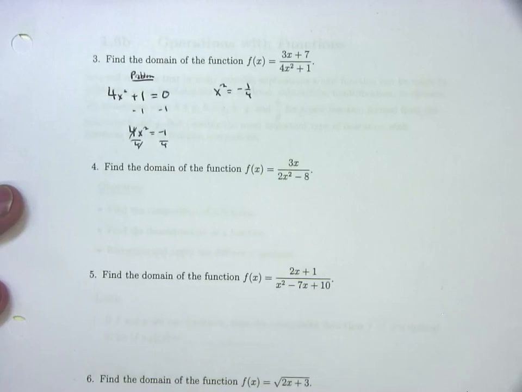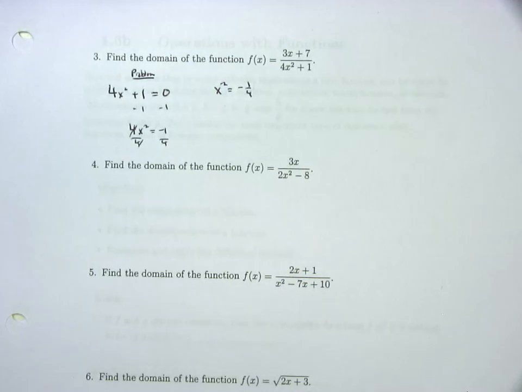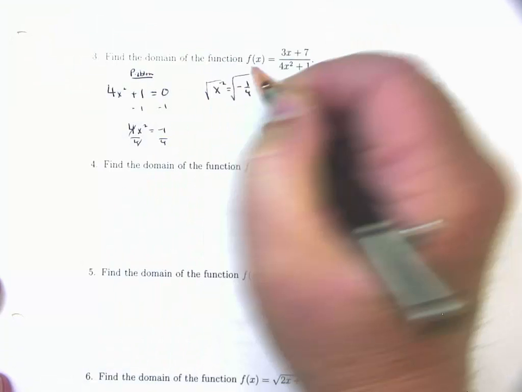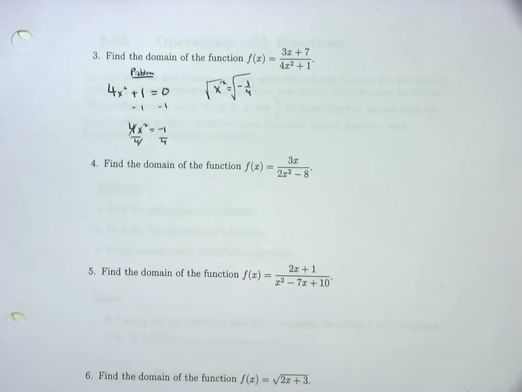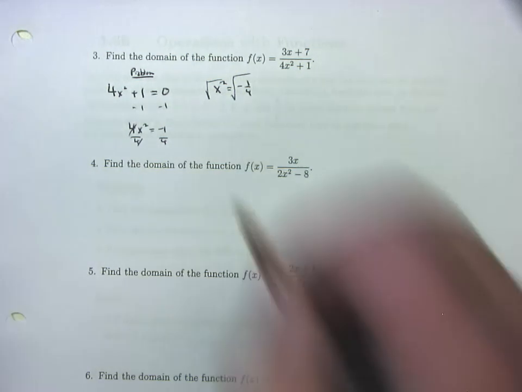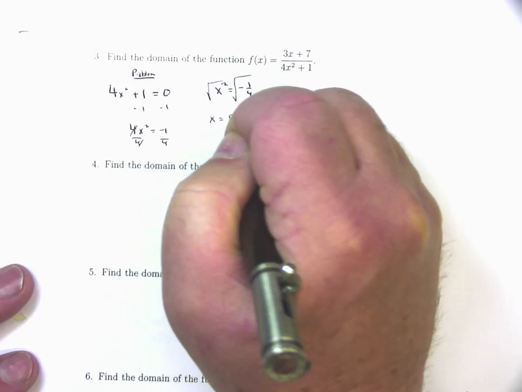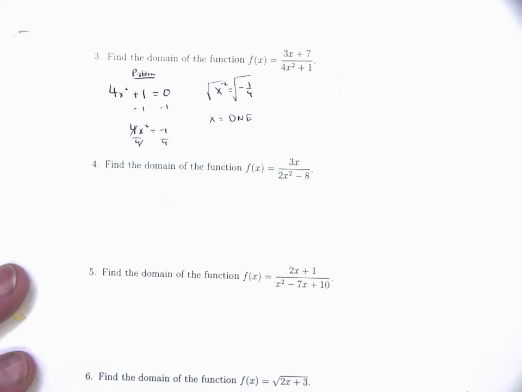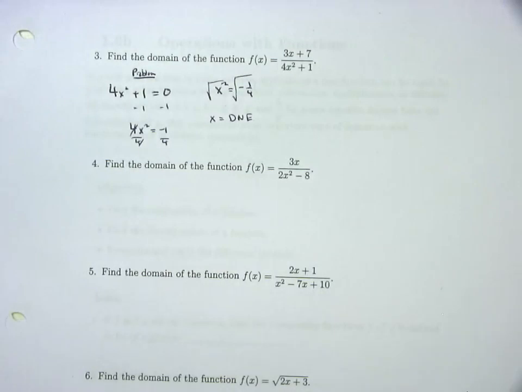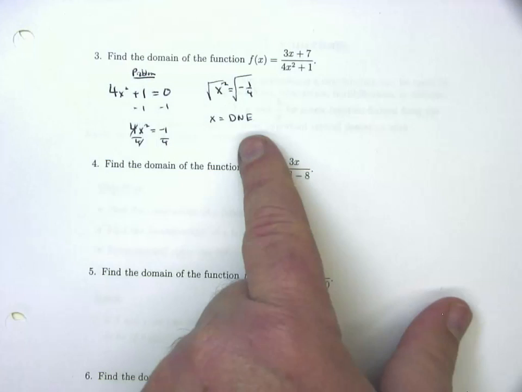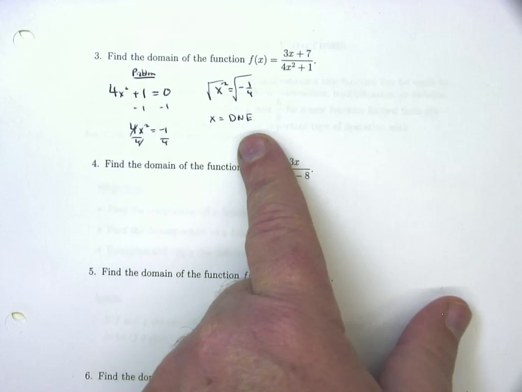What's the last thing I got to do? What gets rid of squares so I can solve for x? I'm going to take the square root of both sides. And look what's underneath that square root. Negative 1/4. And we just mentioned this. I can't take the square root of a negative number. So this x does not exist. So remember that's DNE. That's my code for does not exist. Which means I'm analyzing where my problem is going to be, but I really have no problem. The bottom will never be 0.